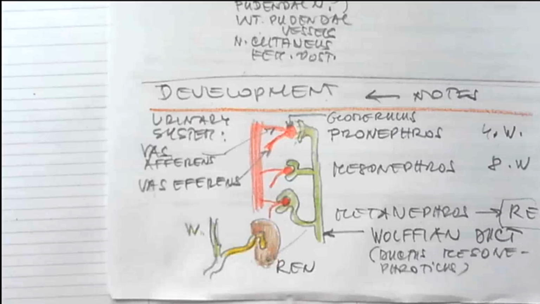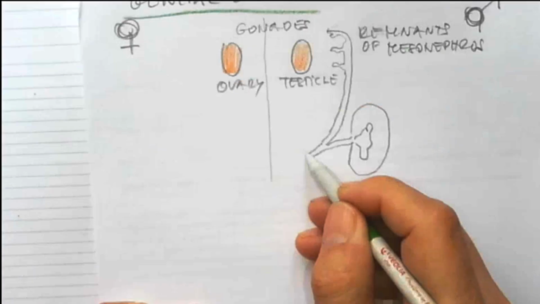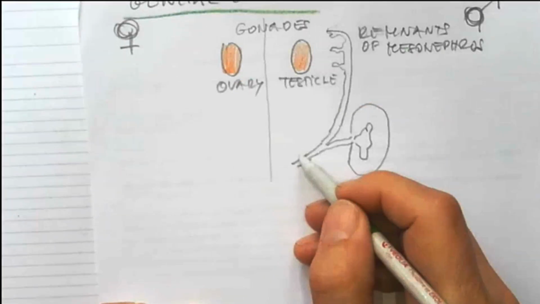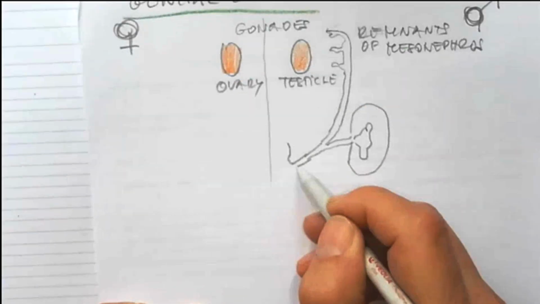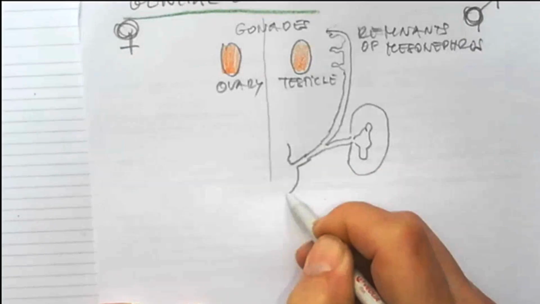So repeating, here is the pelvis, etc., is the kidney, and then we draw the connection with the common cavity, which is called urogenital sinus,